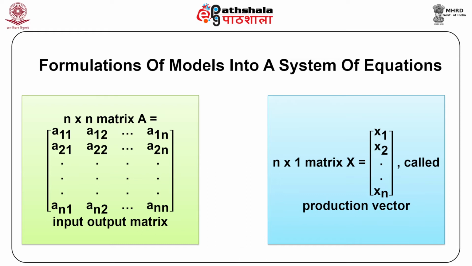And the n×1 matrix X equal to x1, x2, right up to xn is called the production vector. In general, the problem posed for an economy is to find the production matrix X, which can be obtained by solving the above discussed system of equations for x1, x2, right up to xn. It can be done by employing some suitable techniques to solve the system of linear equations,